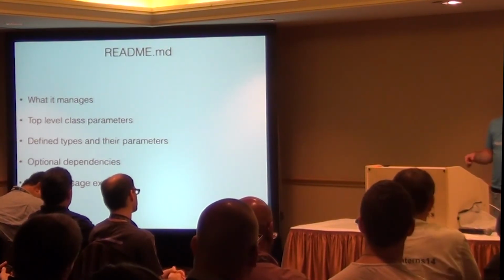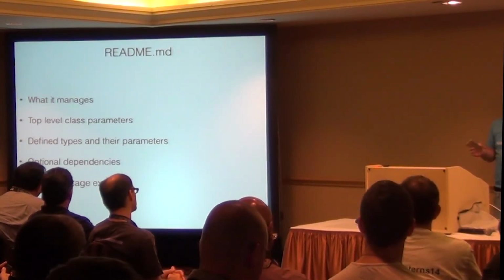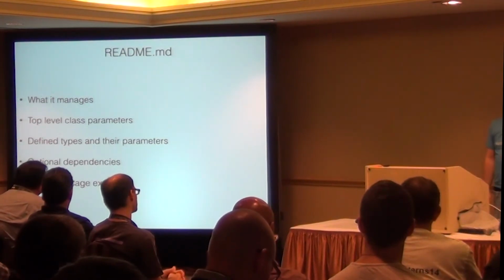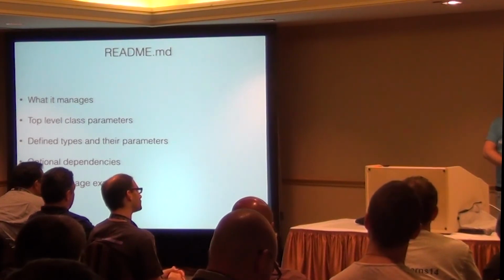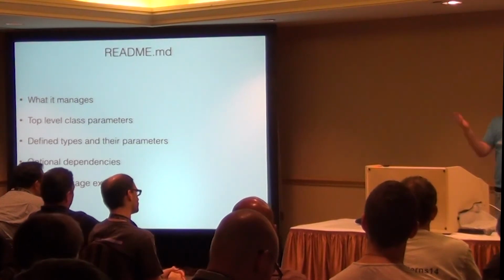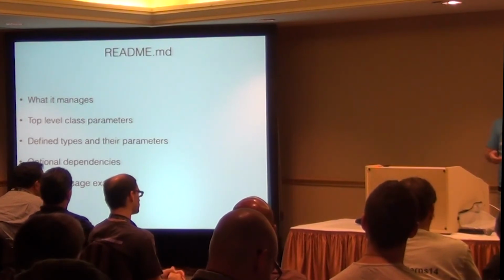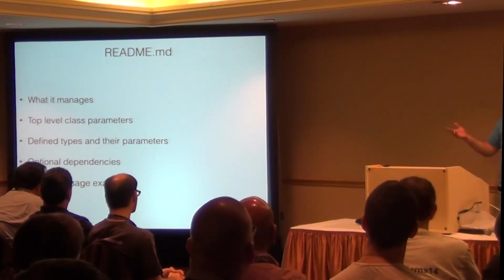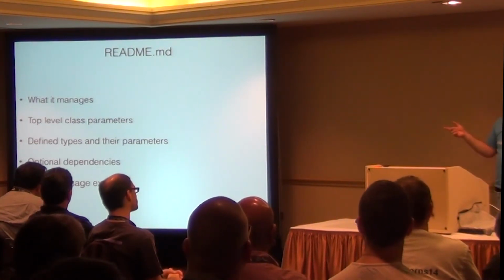If you have any defined types, you should document those and what their parameters are as well, and what their purpose is. If you have optional dependencies, say you have a plugin that needs Java, but it's the only one that needs Java, you don't want to make your whole class depend on something like a Puppet Labs Java module. You could say, well, if you want this, you also need to include this in your system. That way, if someone's going to use that,